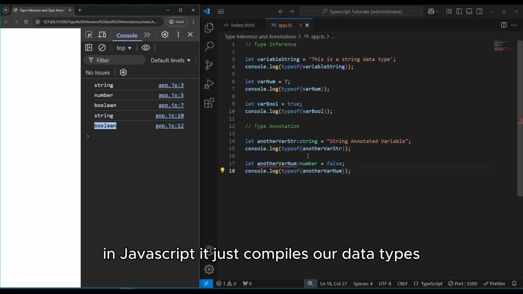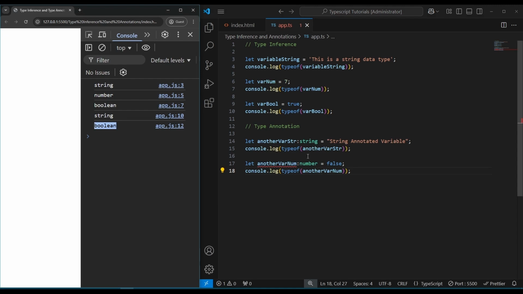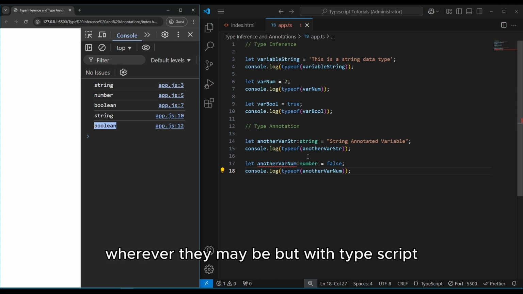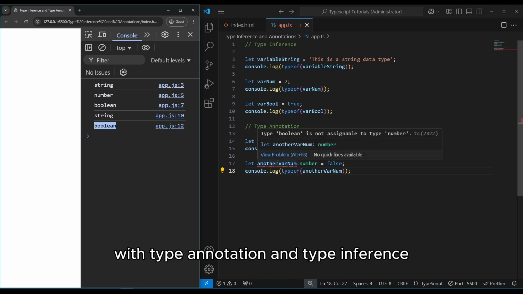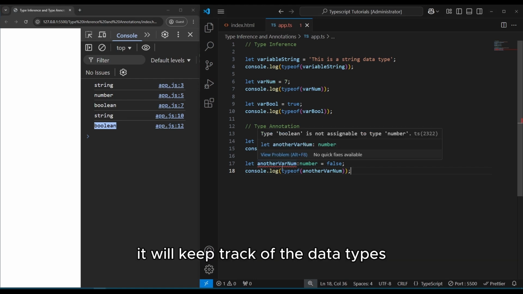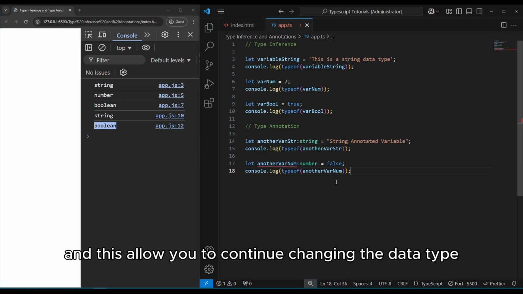In JavaScript, it just compiles our data types wherever they may be. But with TypeScript, with type annotation and type inferencing, it will keep track of the data types your variables initially had,